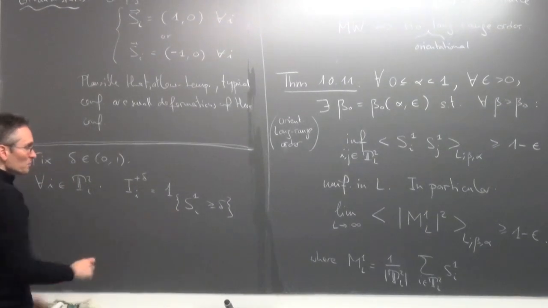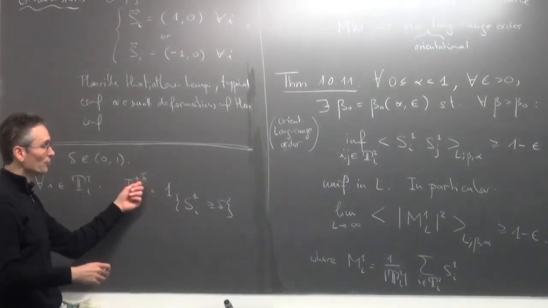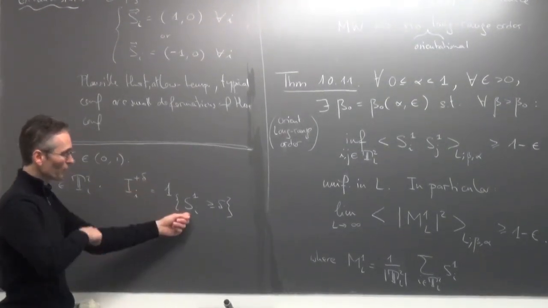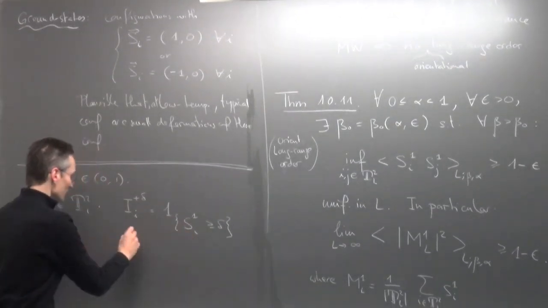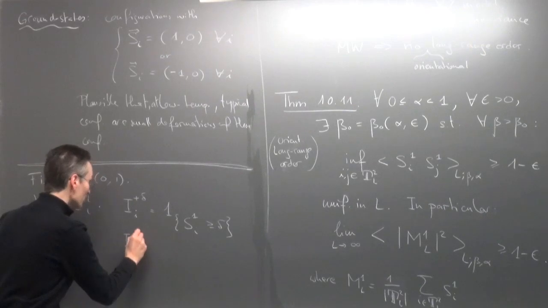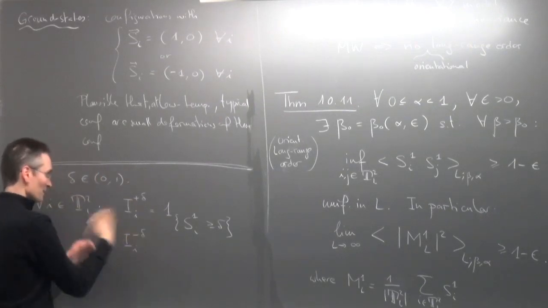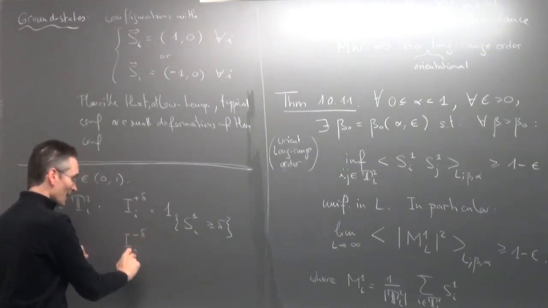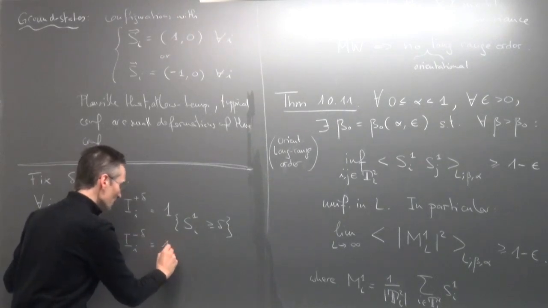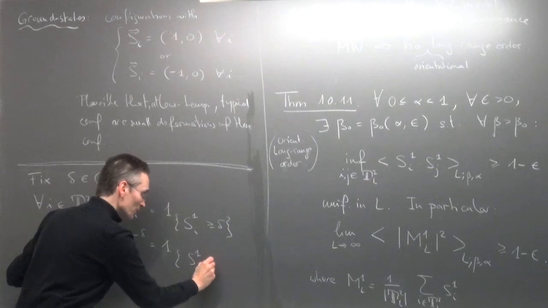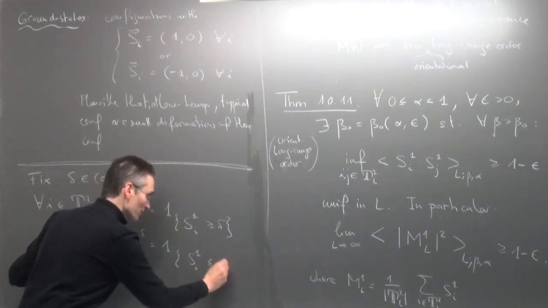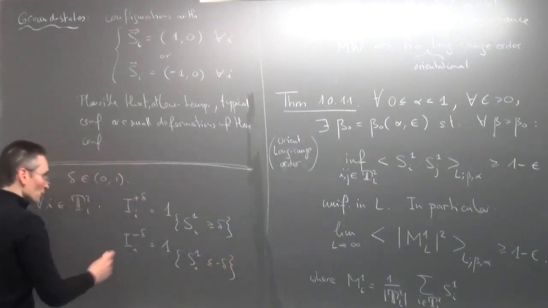So it's a spin which takes what you expect to be a good value. It has a large first component which points to the right. Now I want the complement, the symmetric event. So I minus delta will be the indicator that the spin at i has a large first component but pointing toward the left. So it's smaller or equal to minus delta. And then you have the remainder.